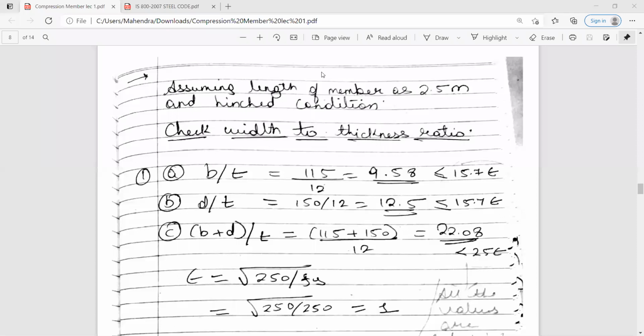So note down up till here and after this solve up till here. Then we shall proceed further, and if any queries in this you can ask. If you are having any doubts you can ask. Here you are satisfying all the conditions. So your member is here semi-compact. As you are going to satisfy all the conditions, your member is semi-compact over here.